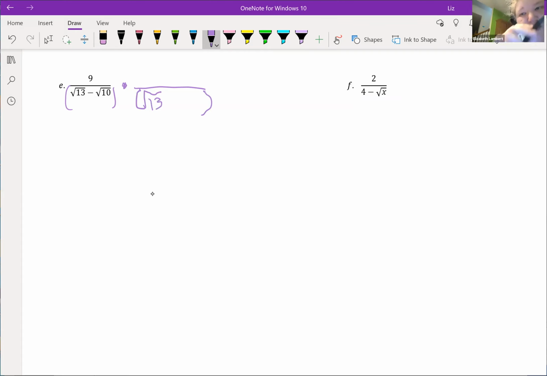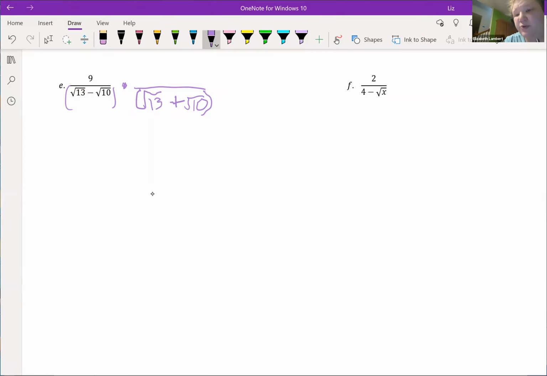I know I need to see a square root of 13 to multiply to the square root of 13. I know I need to see a square root of 10 to multiply to the square root of 10, but I need to make use of that difference of squares here so the outside-inside terms cancel. So instead of a minus sign between them,